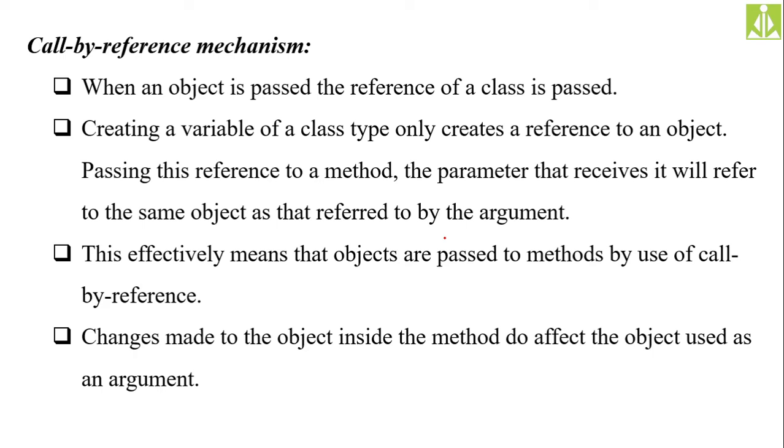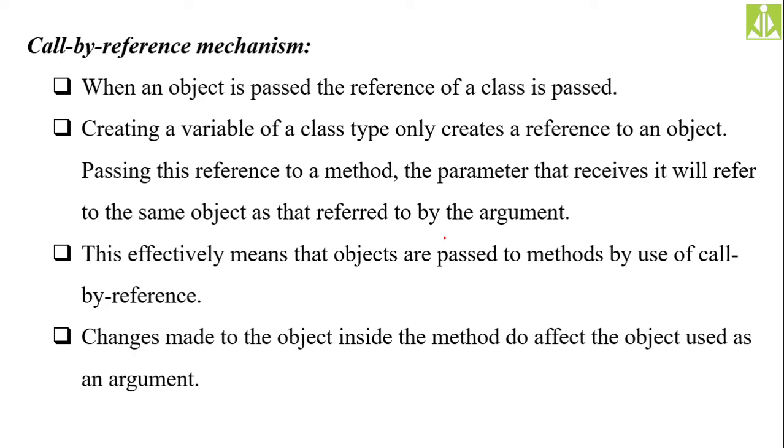But as Java does not support the concept of pointers, we are achieving this with the help of objects. So what we do is create an object for a class and pass that object as an argument to the method. The method which receives this object reference acts like a reference to the same memory location.